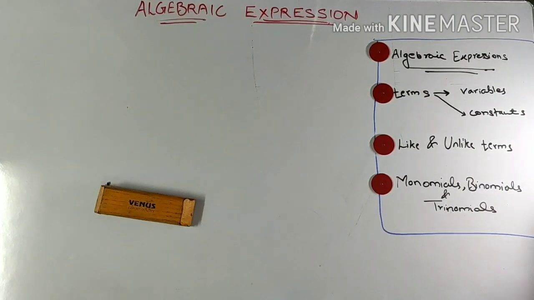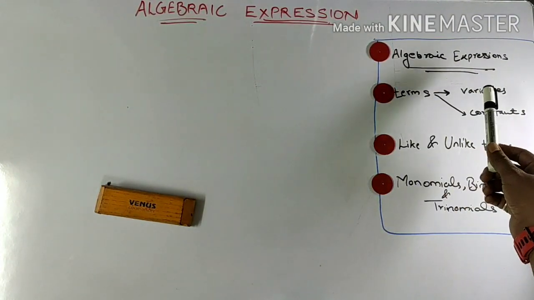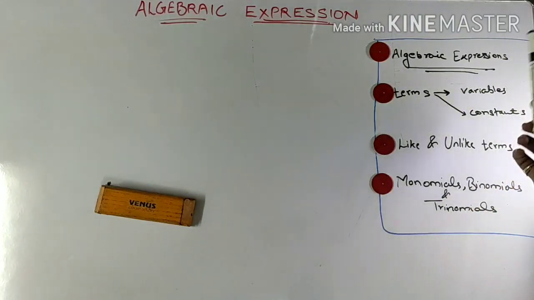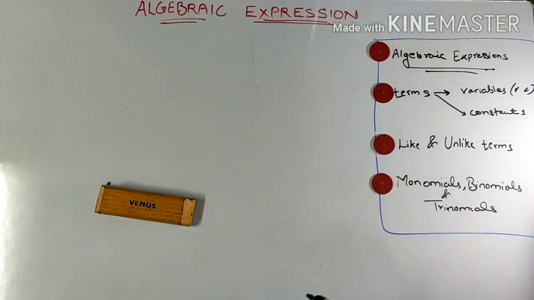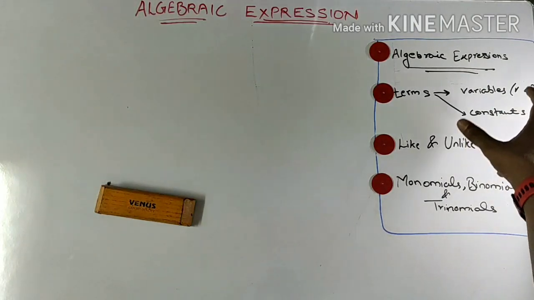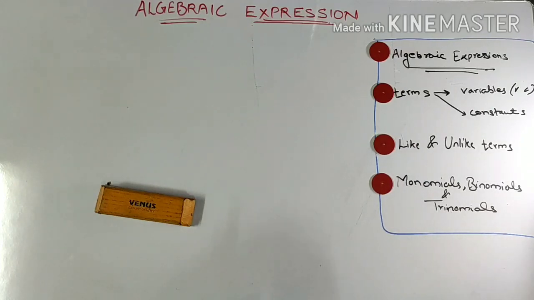Now, since we have discussed about algebraic expressions and terms are nothing but variables and constants. Now, variables, if you talk, the variables consist of a variable and a coefficient. So do not forget that. So variable and coefficient. So together as a term, it will become a variable because its value changes based on the value of the variable. Constants, whose value does not change.